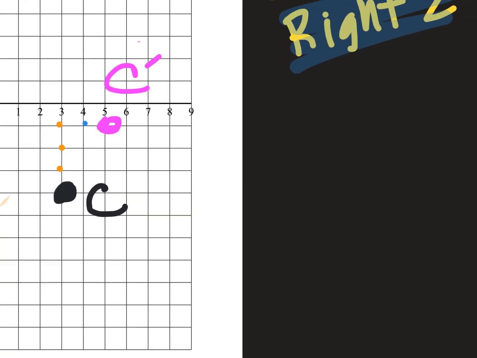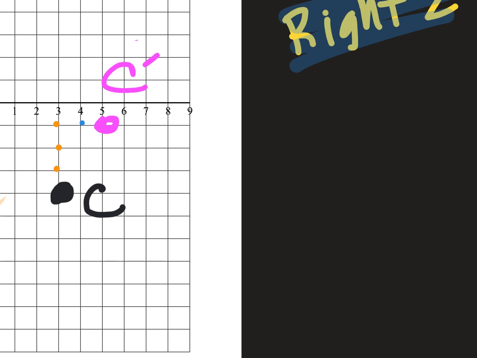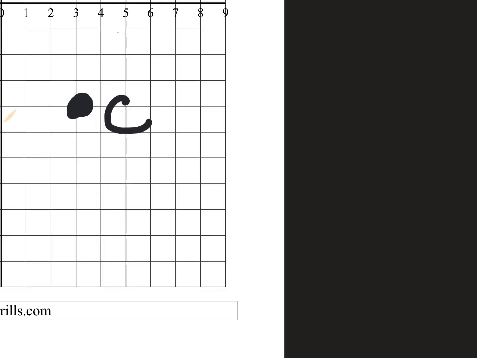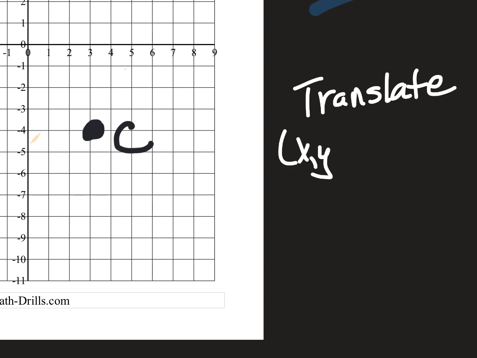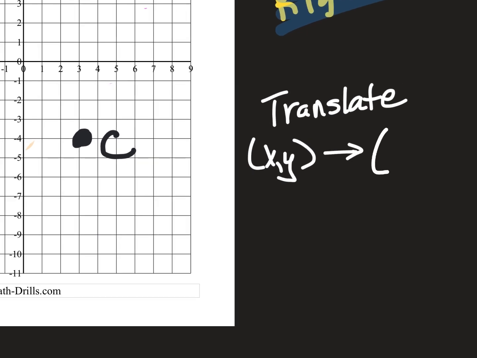So we're going to leave this coordinate C prime. Okay, so I'm going to erase it to make a little bit of a clean slate here. Go ahead and erase that C prime, and let's go back to just our original C. And I'm going to ask you to take an educated guess. So this is what would be written on your paper, these words. It would say translate. You don't need to write this part just so you can see. And it'll say something like this. So you'll see an X, Y,